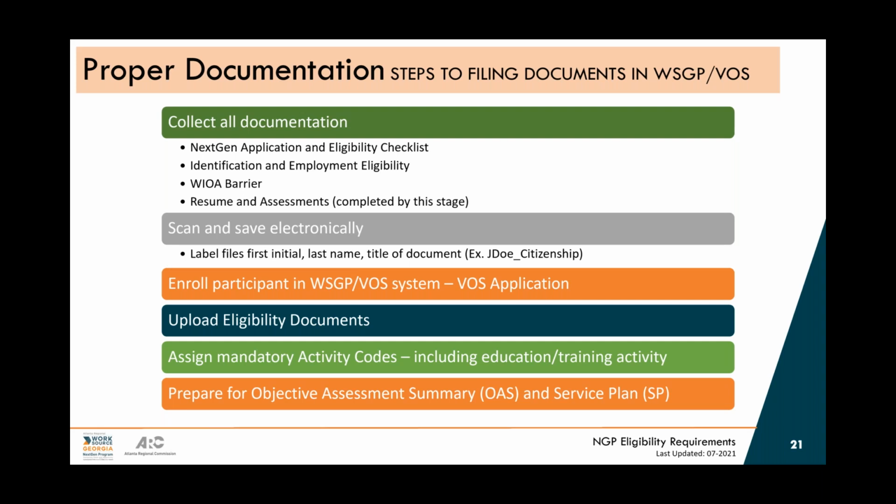And then you'll use that summary to complete the service plan. The service plan will change, but the initial service plan needs to be in that system, signed and dated by that participant within the first 30 days of the program. This is good to keep in mind when you're deciding what your program design will be, because if you need more time to assess a person before you put together their service plan, you may want to consider doing those things prior to enrollment.